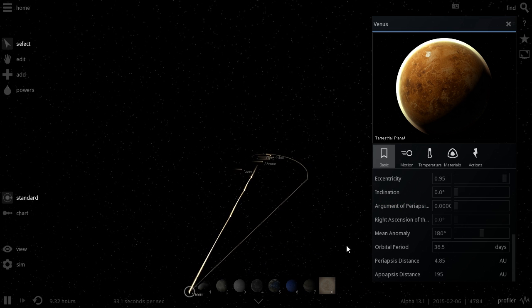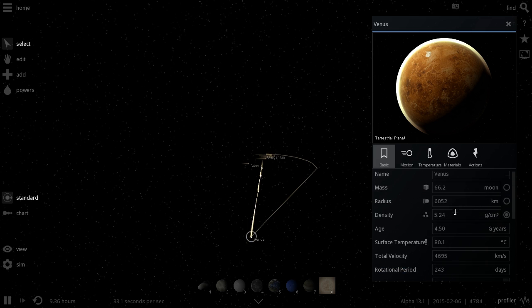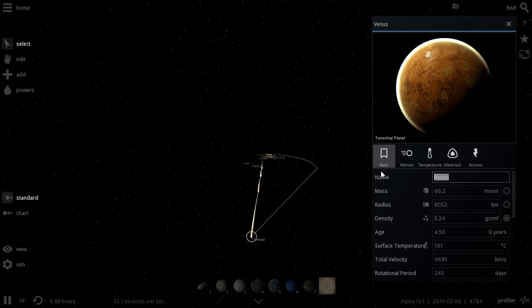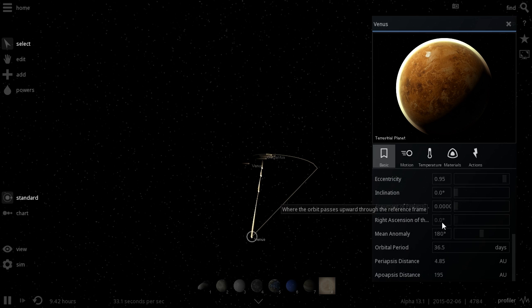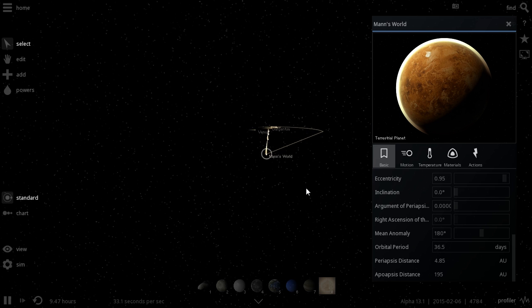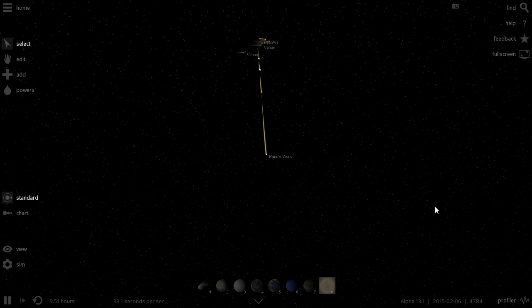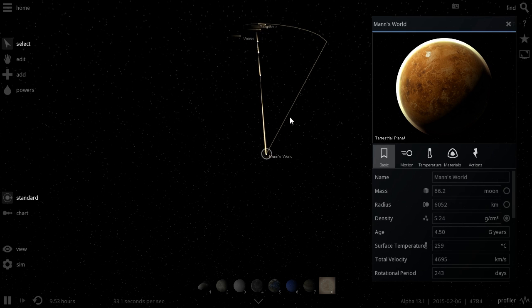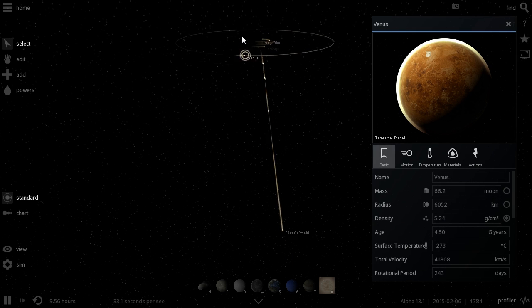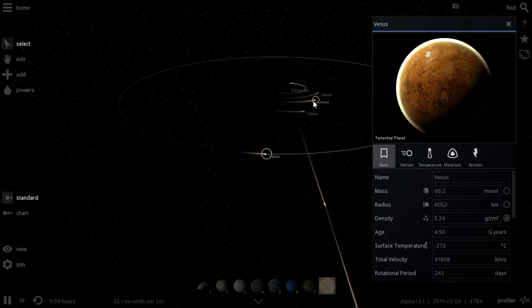Alright, that kind of works. So there's another planet, another Venus planet. I guess I should probably rename it to Man's World. That's the cold world that we see in the movie. And this one here has the highest point of about 190 astronomical units and the lowest point at about 5 astronomical units, so it's relatively close to Gargantua. And let's actually see if there is going to be any kind of a heating effect when it gets close to Gargantua. I'm kind of actually curious what's going to happen to it, but meanwhile